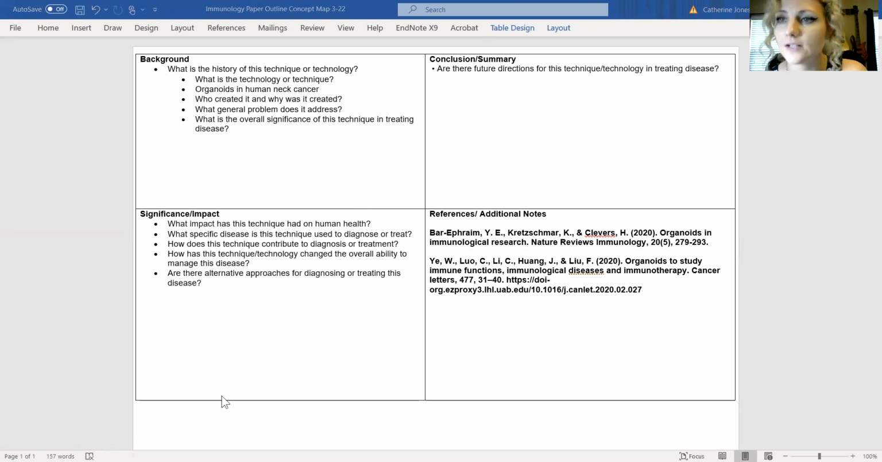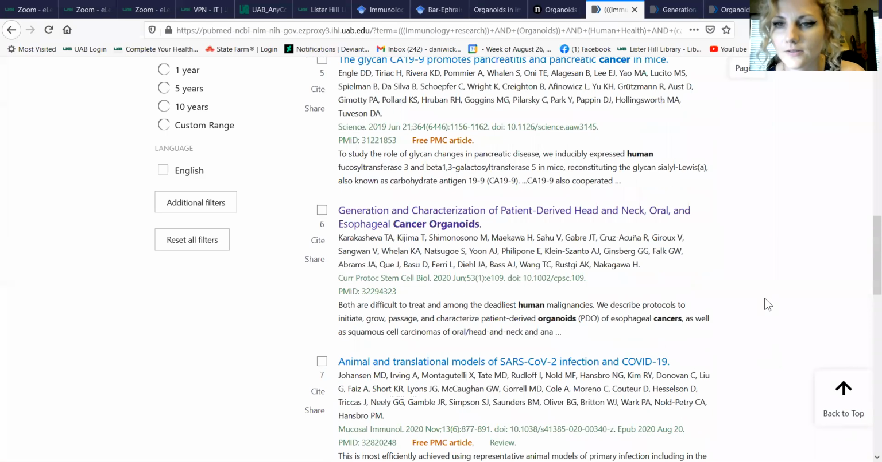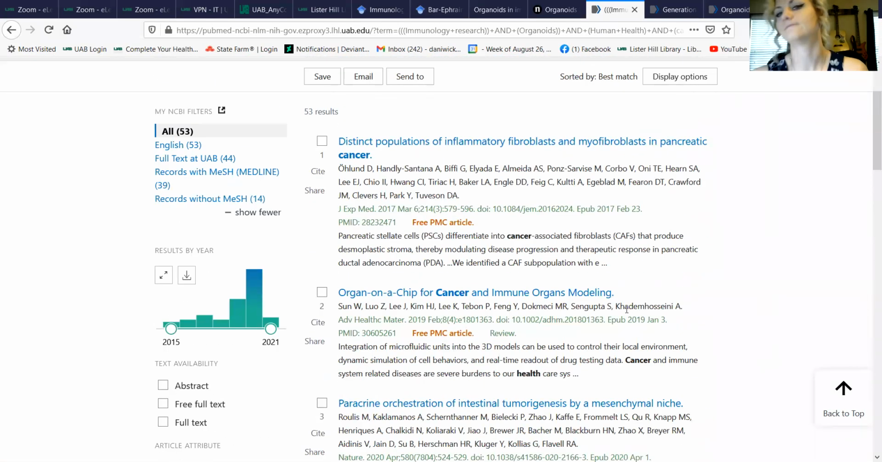Anyway, so that's how you generate some key terms, some awesome papers on PubMed. Ooh, animal and translational models of SARS. I hope some of y'all write about SARS and COVID. That'd be cool. But a lot of things about organoids, there's so much you can write about, right? But let me go back to sharing my screen. I'm not sharing it right. Anyway, so that's how you can use PubMed in a really awesome way, and Google Scholar for generating these ideas,